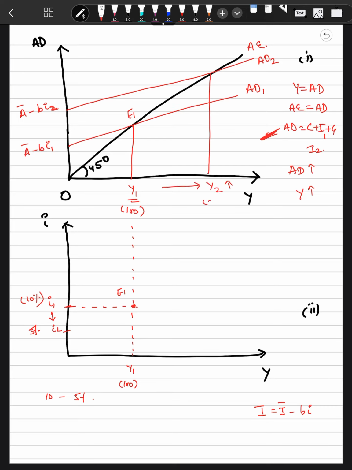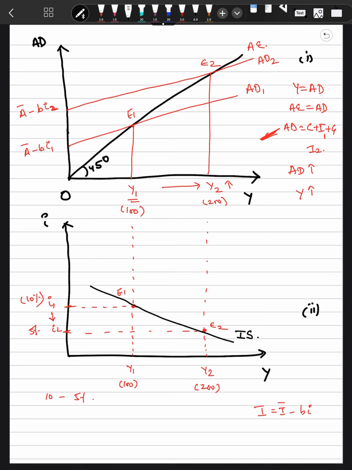And again now we are going to take this point and we are going to refer it over here. Say this is 200, and this is the reduced interest rate. Now this reduced interest rate we are taking relative to the initial interest rate. So this is E2 point, and this is how when we will join these 2 points, so this represents IS curve.